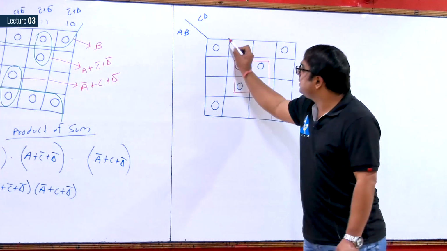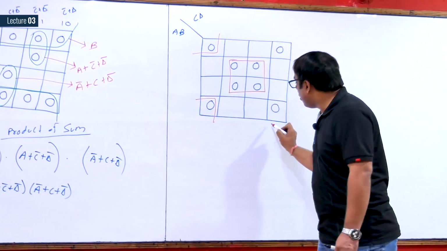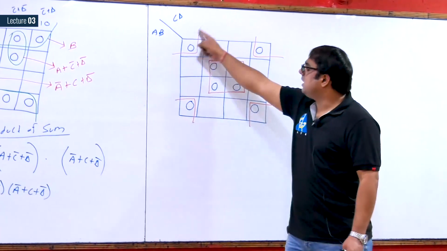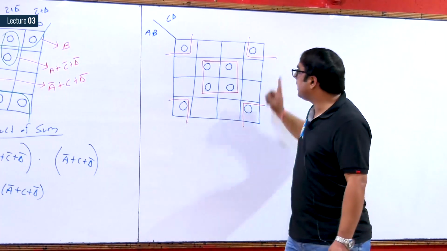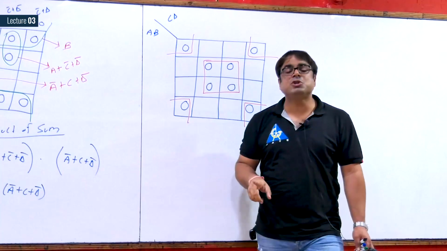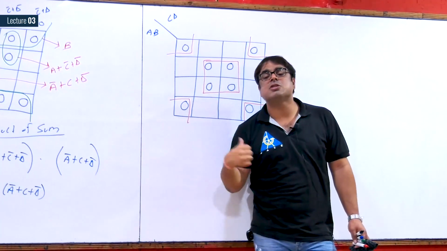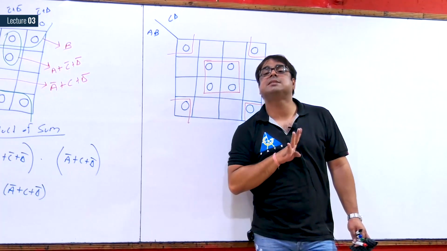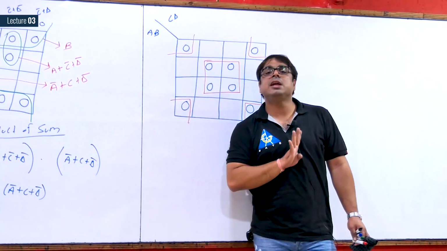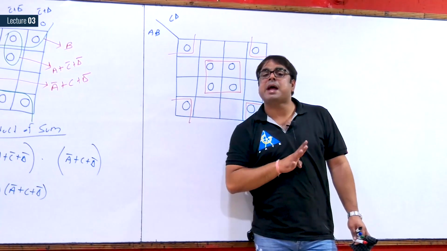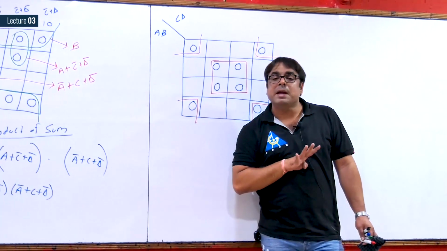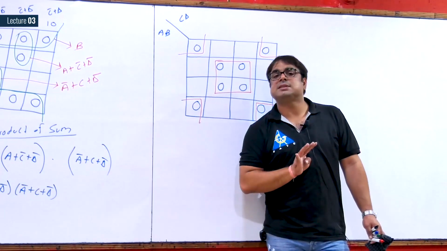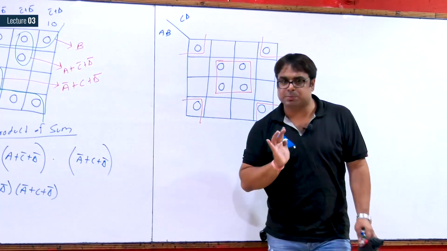In this way, if you see, all 4 max terms are neighboring. So in K-map, we should know this corner group is also possible. You can check all the 4 cells are neighboring. All the 4 corner cells in K-map are neighboring. You can make 4 corner cells of a K-map a quad group.